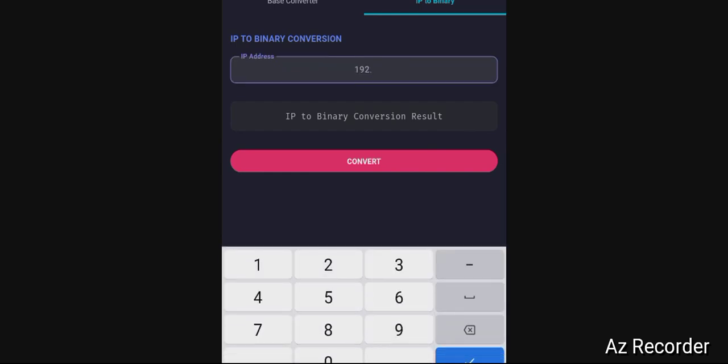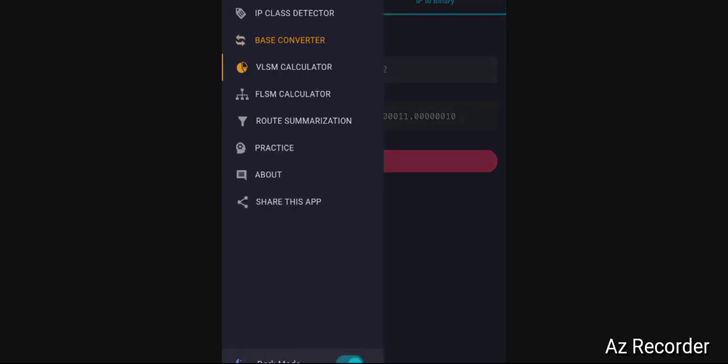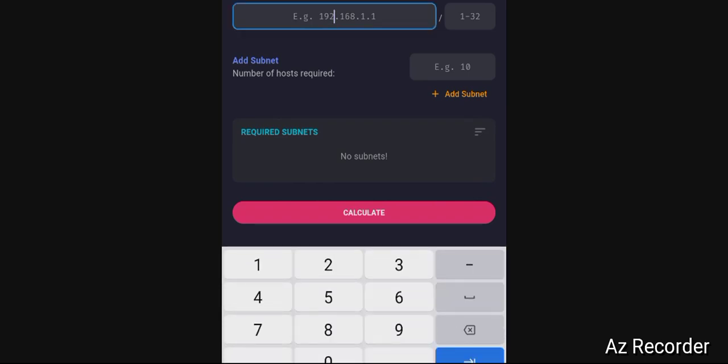For example, if I type 192.168.3.2 and calculate the binary conversion, you will see the result mentioned here. You don't stress yourself by calculating binary. If you have an IP address, it calculates for you automatically.